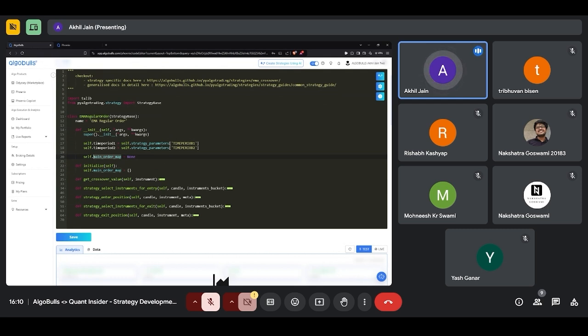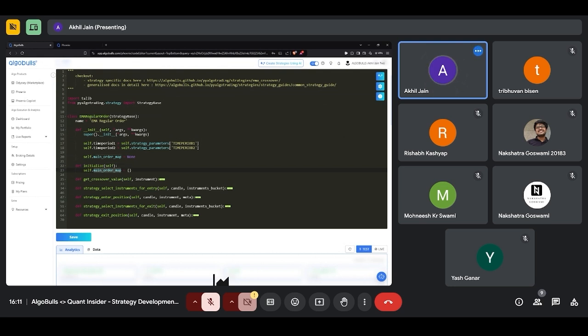I'll repeat in a slightly different manner. Let's say this whole code I'm running for 5 days. In that case, init gets called only once, but initialize will get called at the start of each of those days. Let's say running this particular code for 5 days takes about 90 to 100 seconds to finish. It's back tested for 5 days, so for each of those days, it will clean up this variable for me.